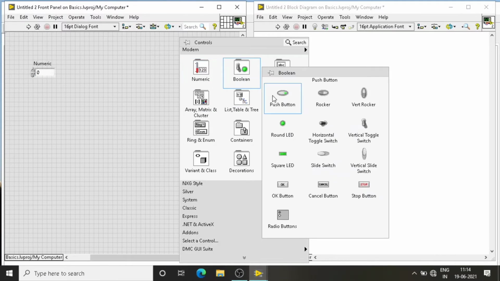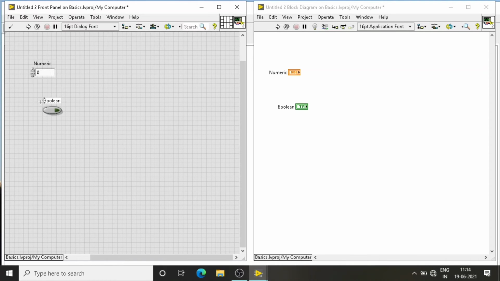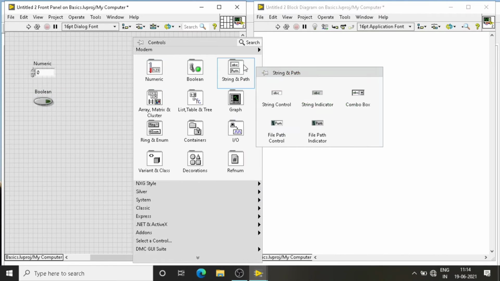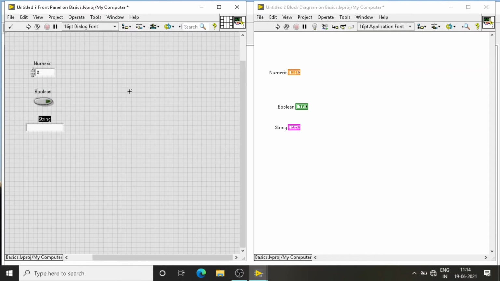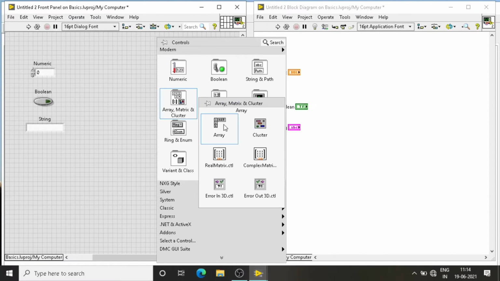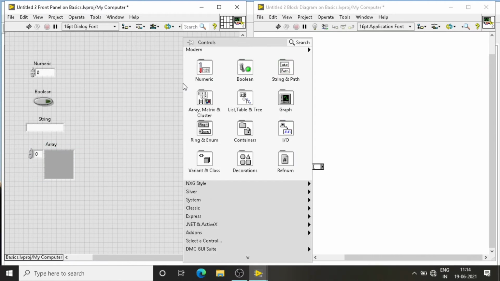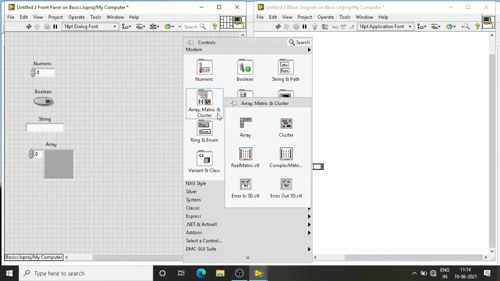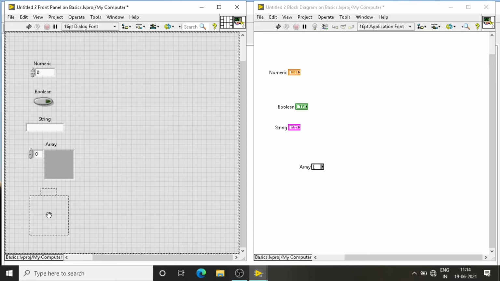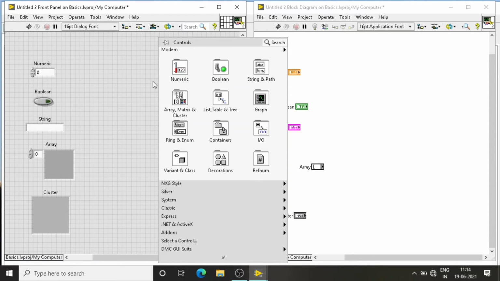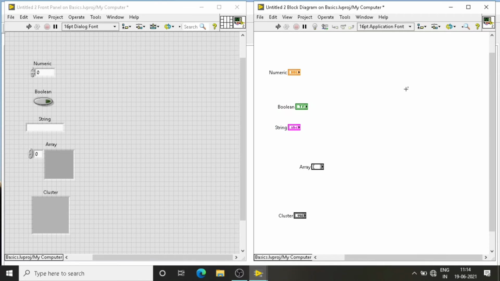And we will see about the data types. Numeric data type, boolean data type, string data type, array data type, and cluster data type. Like all other programs, like C, C++, Java, numeric data types and boolean data types are available.